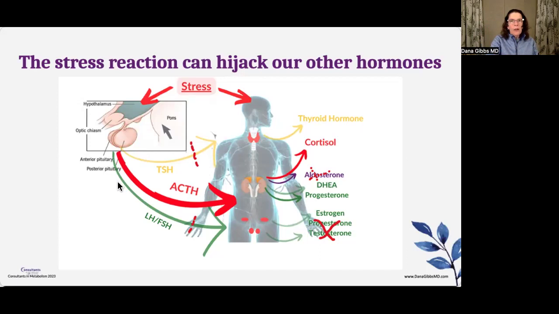So the signaling hormones are the ones like TSH, thyroid stimulating hormone. And you guys all know what that does. TSH goes to your thyroid gland and makes you produce thyroid hormone. And that's the other endocrine gland that's responsible for driving our metabolism. And when TSH gets suppressed by high cortisol, then the amount of thyroid hormone that you produce becomes less.